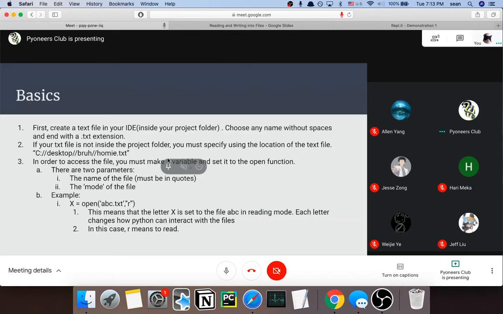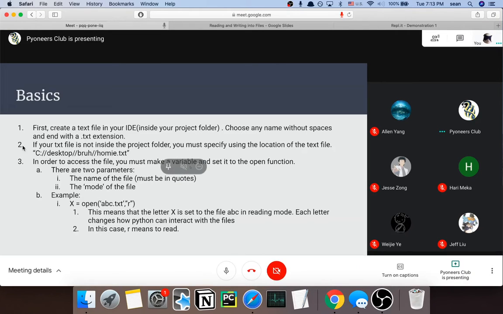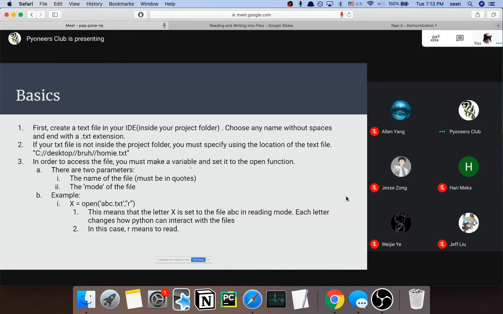Anyways, if your text file is not in the project folder, you have to specify the exact text location by using that file location format. That was just an example. The first thing you have to do to access it is use a function. Basically you use open, and then the parameters will take in